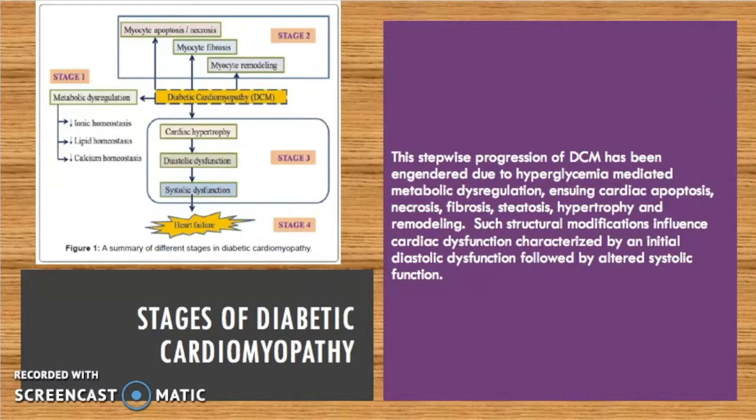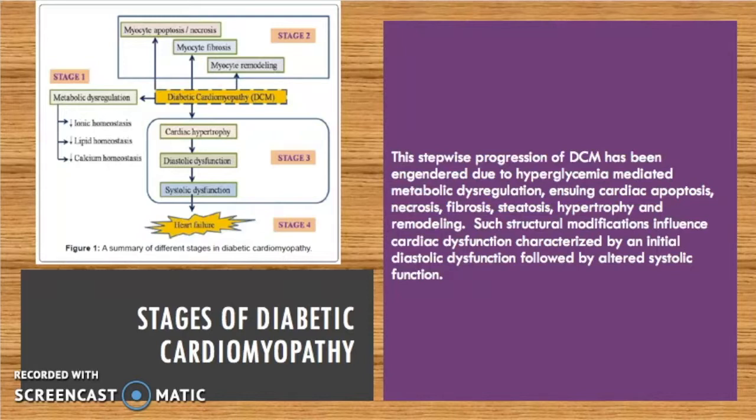And the final stage, designated as end stage or refractory heart failure with ischemia, infarction, and remodeling. This stepwise progression of DCM has been engendered due to hyperglycemia-mediated metabolic dysregulation, ensuing cardiac apoptosis, necrosis, fibrosis, steatosis,